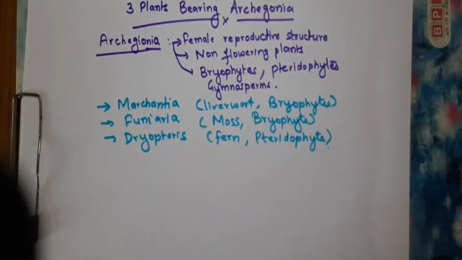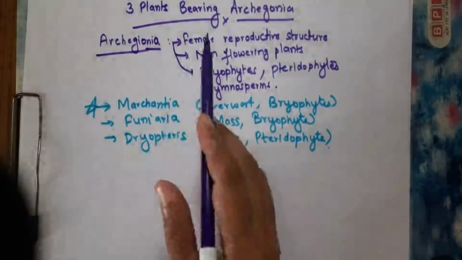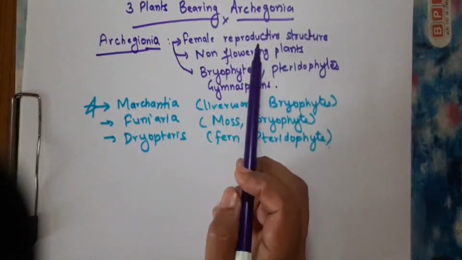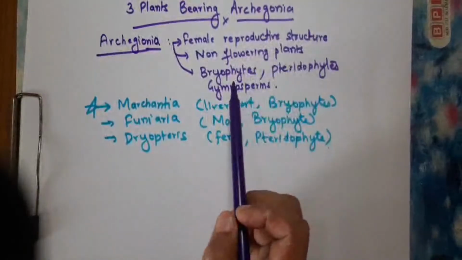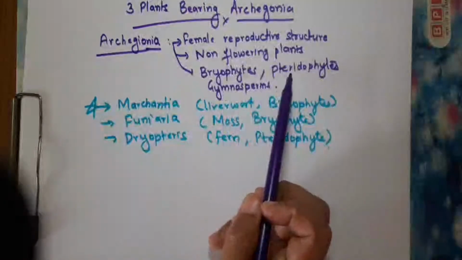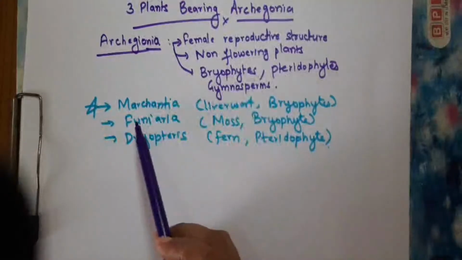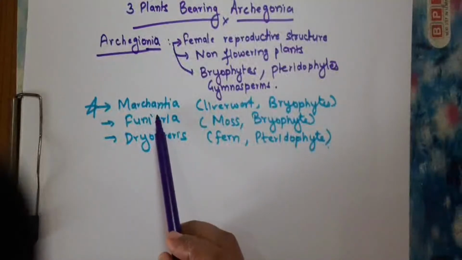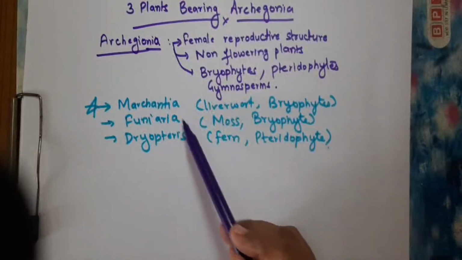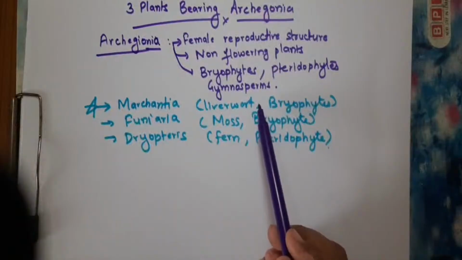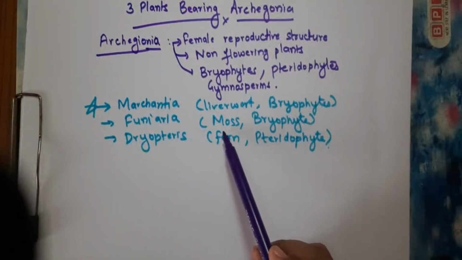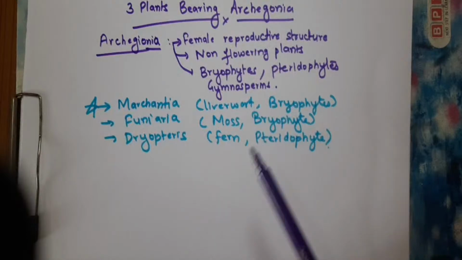Okay, students. Before moving forward to the life cycle of Marchantia, I will just quickly go through it again. There are three plants that bear the archegonia. Archegonia are the female reproductive structure found in the non-flowering plants. The examples of non-flowering plants include bryophyte, pteridophyte, and gymnosperm. The three examples of archegonia-bearing plants are Marchantia, Funaria, and Dryopteris. Marchantia and Funaria are bryophytes. One is an example of a liverwort, Funaria is an example of a moss, whereas Dryopteris is an example of a pteridophyte. Now let's talk about the life cycle of